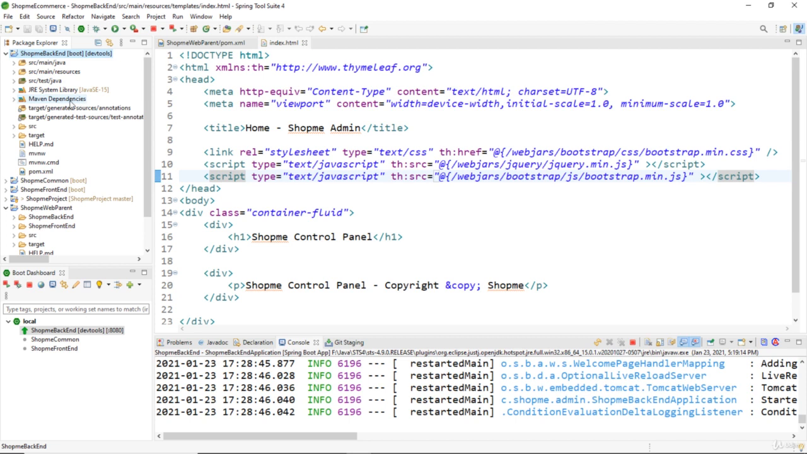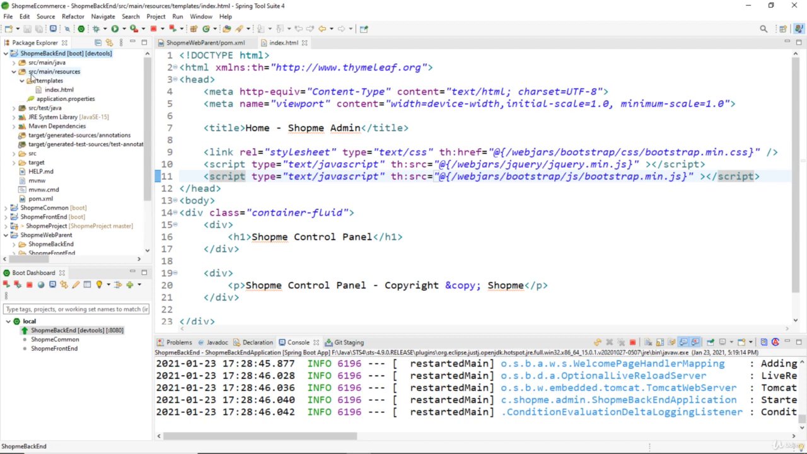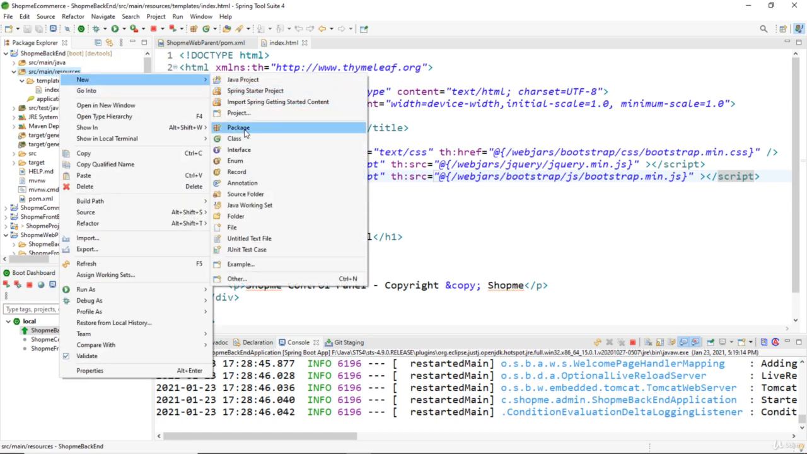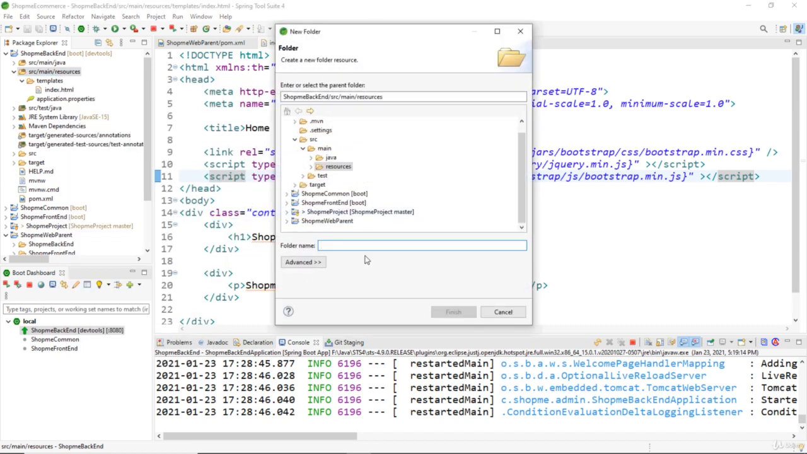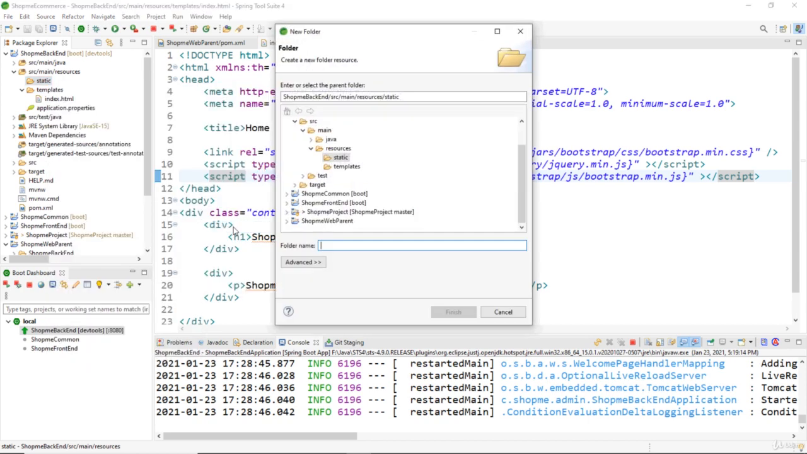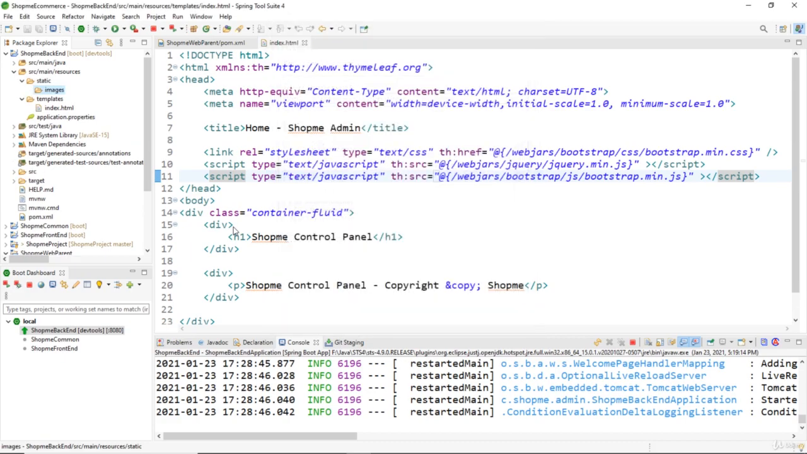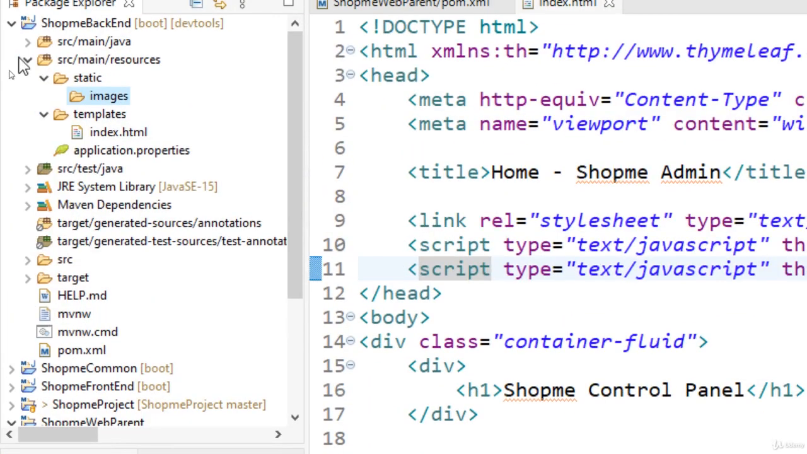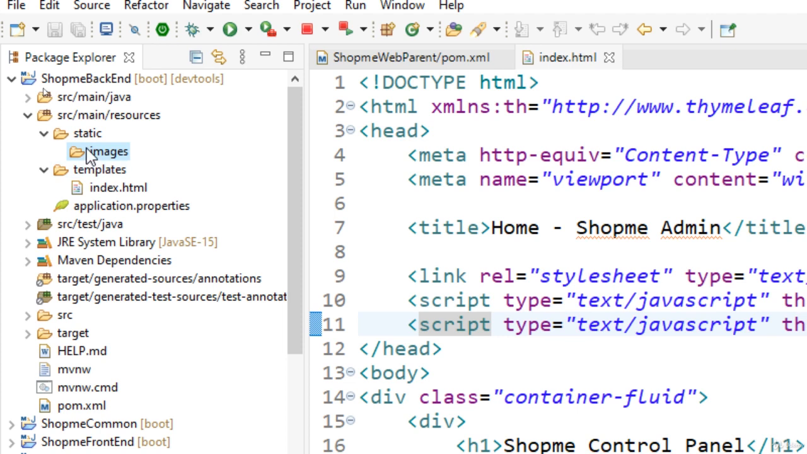Come back to the project, and we need to put the logo image file under the directory src/main/resources. So create a new directory, a new folder here. The folder name is static, and under static we create another directory called images. So basically for a Spring Boot project we need to put the static resources like images, JavaScript and CSS files under the static directory,